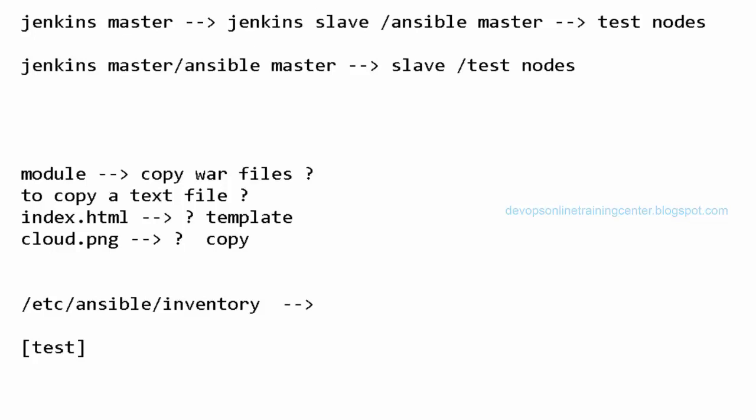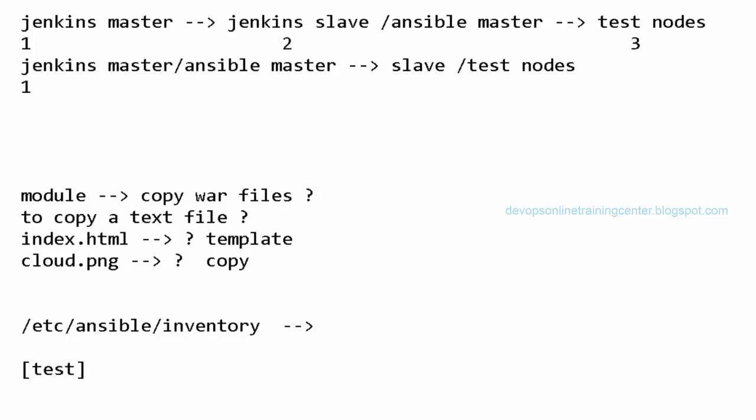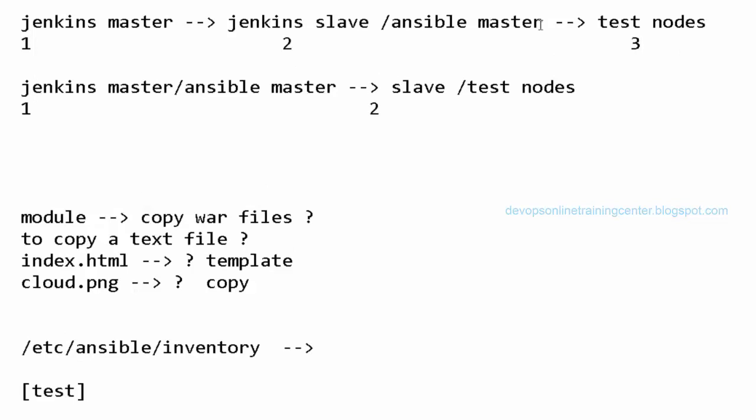I need to have three nodes. One is the master. The other is the slave. The other is the test node. Right now I only configured two nodes, right? So I have Jenkins master and I have Jenkins slave. To simulate this, let us say I don't have the slave now. Everything runs on the master. So the job runs on the master, downloads the code on the master, converts it to binary on the master itself, and then Ansible, my Jenkins master is also my Ansible master. So the code is available here, the binary is available here, and they use Ansible to copy that to the test nodes.